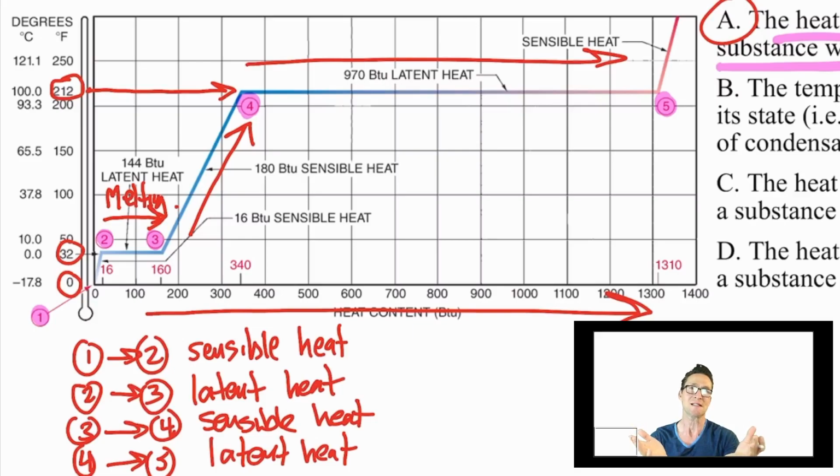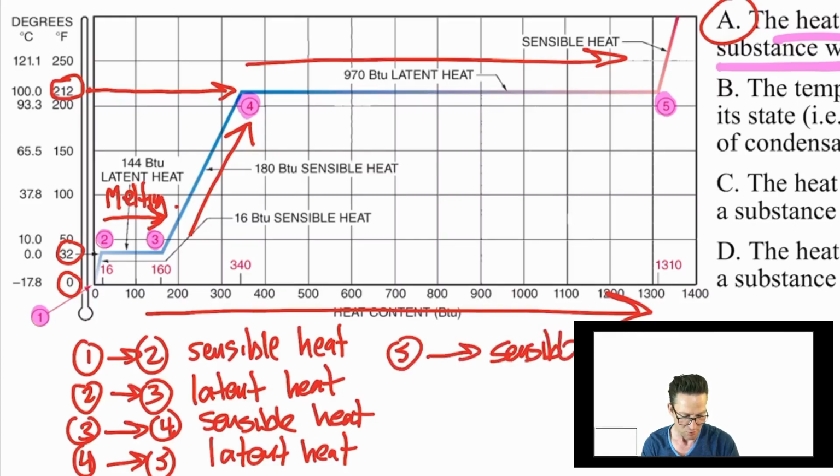So if you take steam at 212 and add more heat energy to it to get its temperature to go to 220, 230, 240, 250 degrees Fahrenheit, you're superheating it by adding more sensible heat. So that's why step 5 and onward would be, of course, adding more sensible heat. So without even putting all the numbers in, which we do want to commit to memory because they're so important about water, for now it's important to understand that